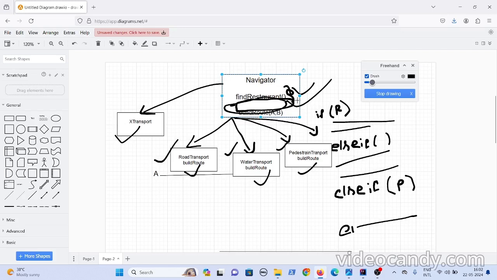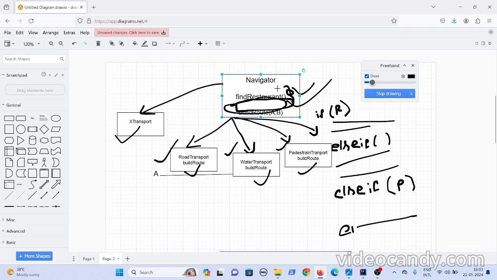But again, these requirements keep changing. Later on he can come and say he wants only vegetarian restaurants, or he wants only non-veg restaurants. These requirements keep changing. Now what you will think is, okay, for the navigator also I had faced the same problem. What I have done is I simply created separate classes for each thing, so that even if some new requirements come, I'll create another class.